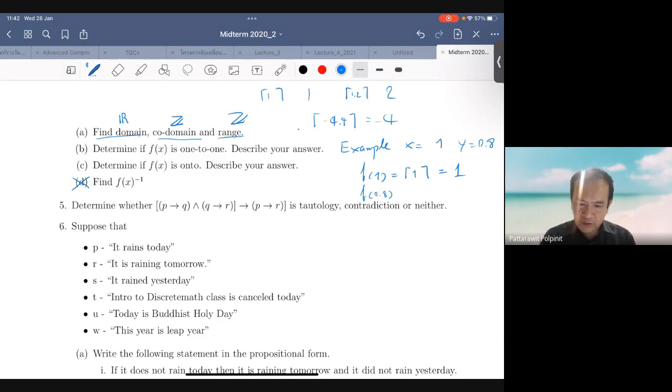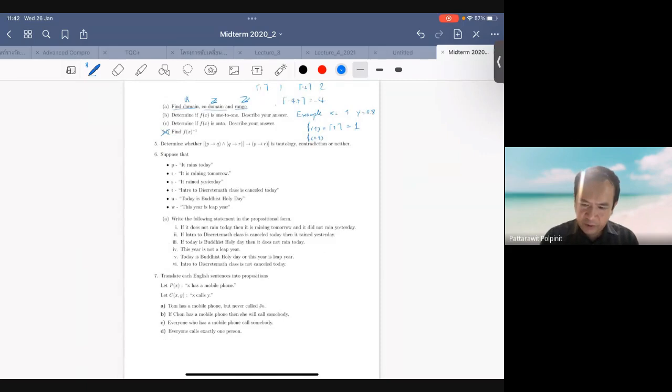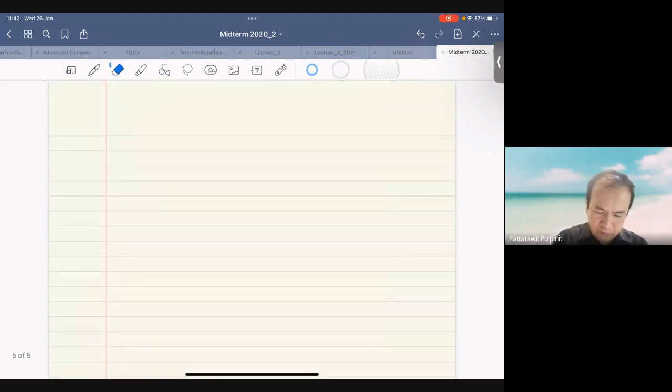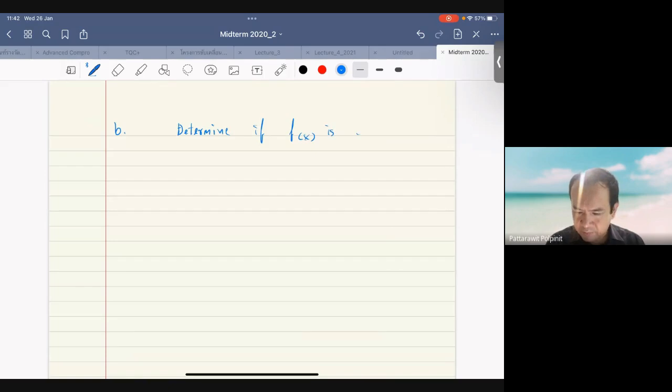I'd like to write the answer on another page. Now we answer problem B: determine if f of x is 1 to 1. Well, the answer is no, f of x is not 1